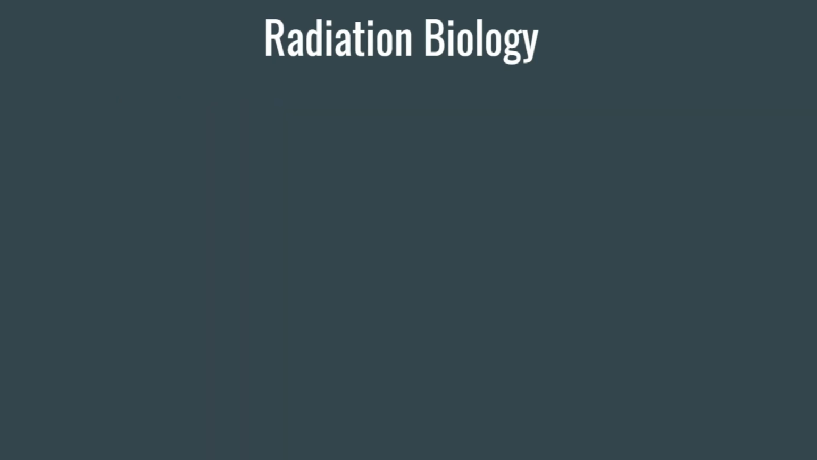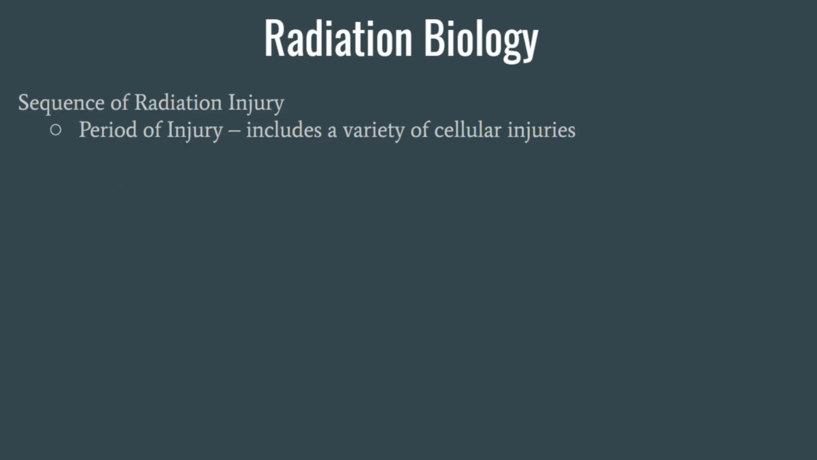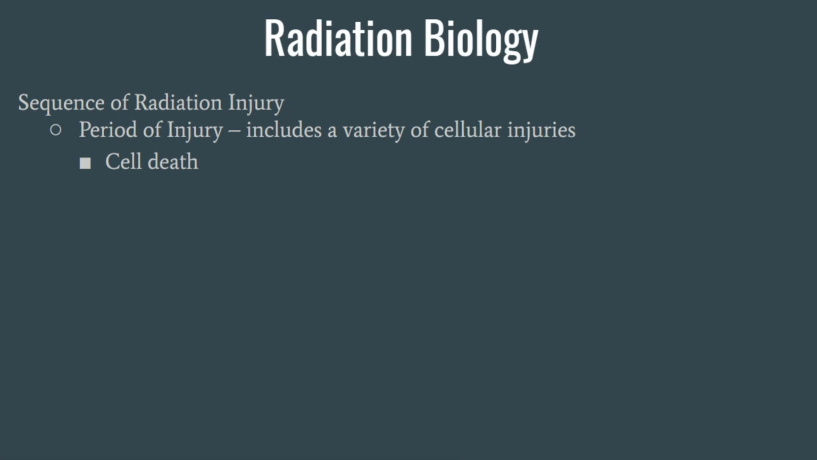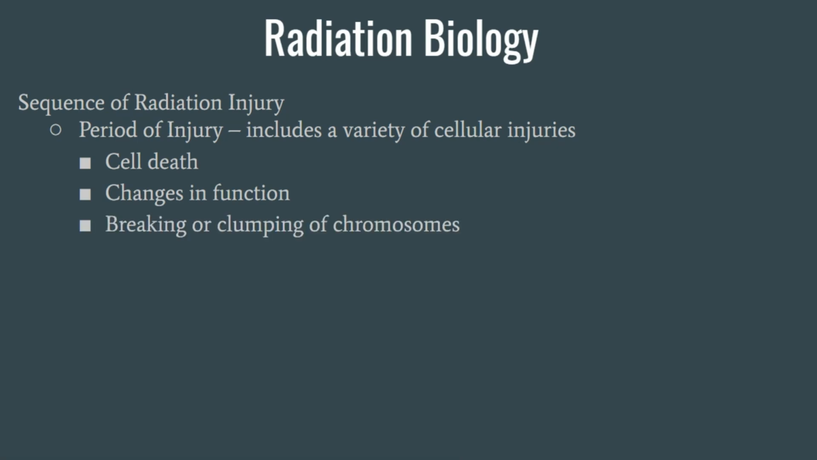The second period in the sequence of radiation injury is the period of injury. This includes a variety of cellular injuries. These injuries are things such as cell death, changes in function, breaking or clumping of chromosomes, formation of giant cells,